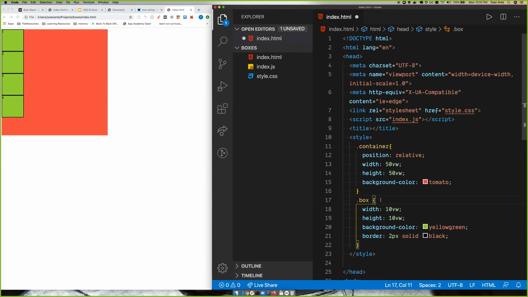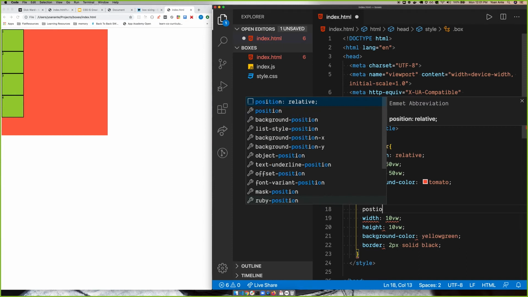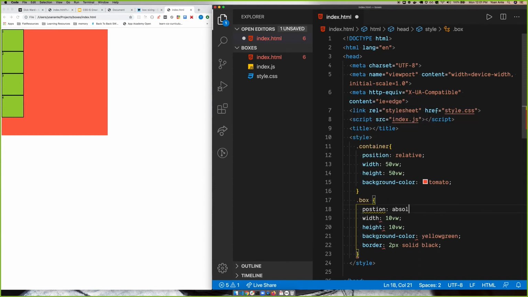Now this is going to make our boxes a little janky. What's going to happen is they're all going to collapse and come to this top left corner. Okay, so this position absolute is